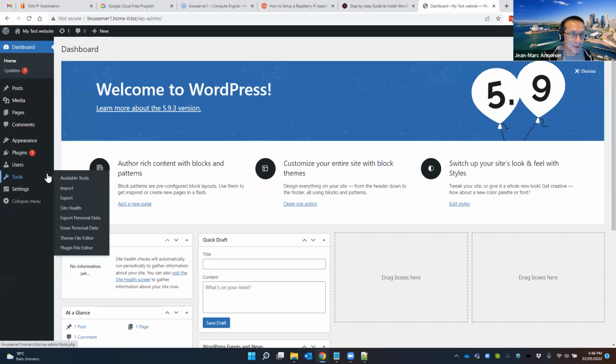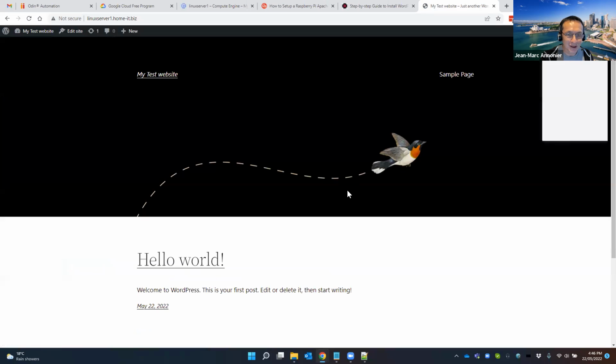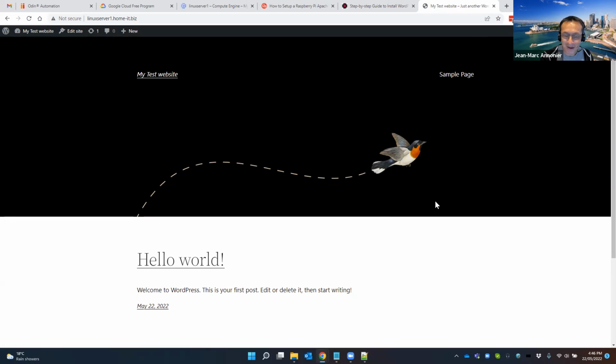So which means that now we're actually in the WordPress configuration page, and you can actually see the website. And you get this beautiful WordPress website that is pretty much empty. So I'm going to make a third video that shows you how to install a WordPress theme to make it prettier, as well as configuring SSL. So at the moment, this server is only using HTTP, so it's not secure.